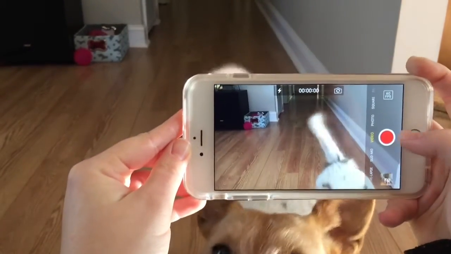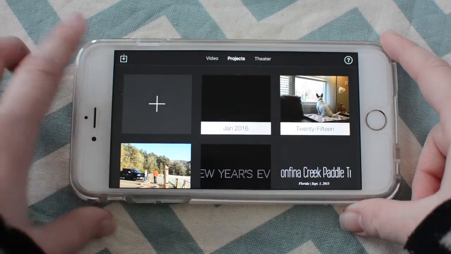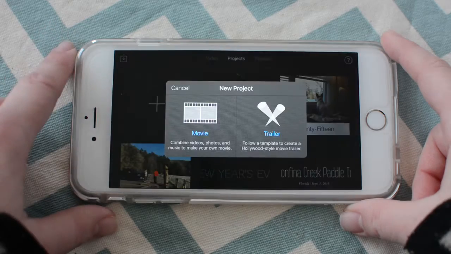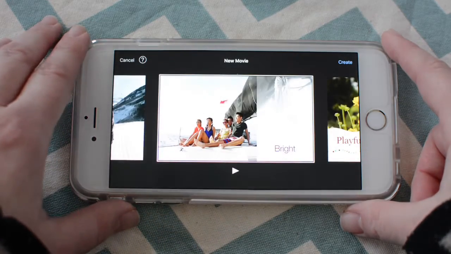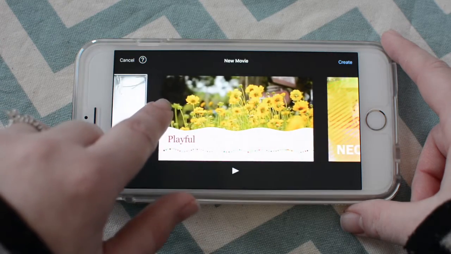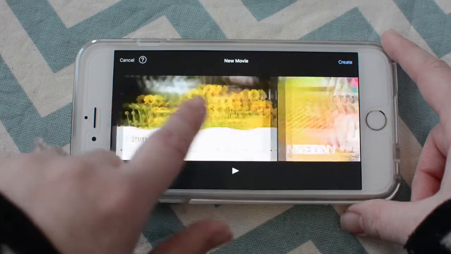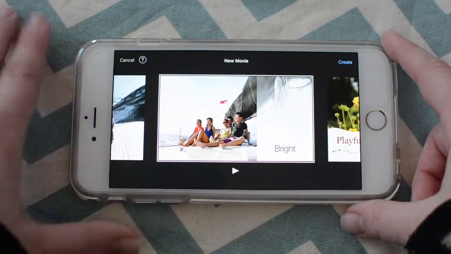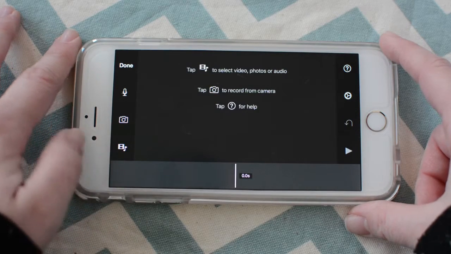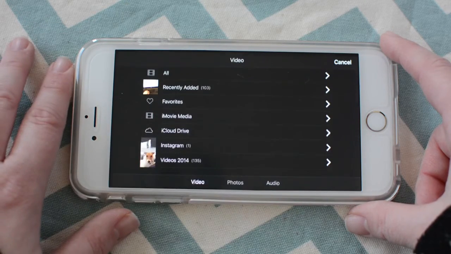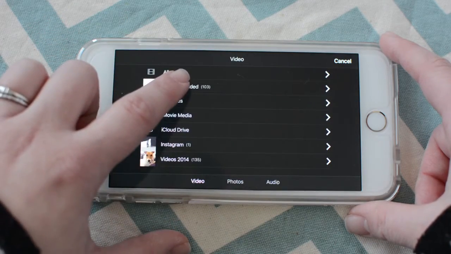Okay, let's get started with how to create these monthly videos. Launch the iMovie app. Once inside, under Projects, click the add symbol and choose Movie. Next, select a theme for your movie. There are several to choose from. Then, click Create. Next, tap the little clip selector on the left, then choose Recently Added,